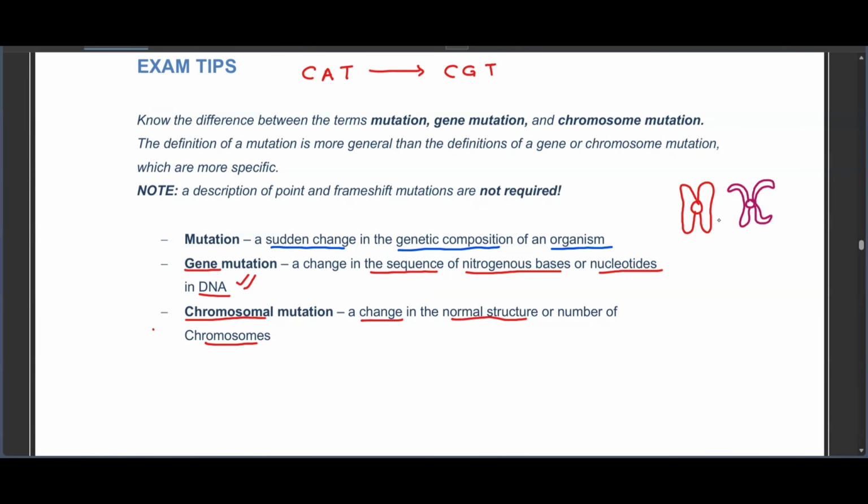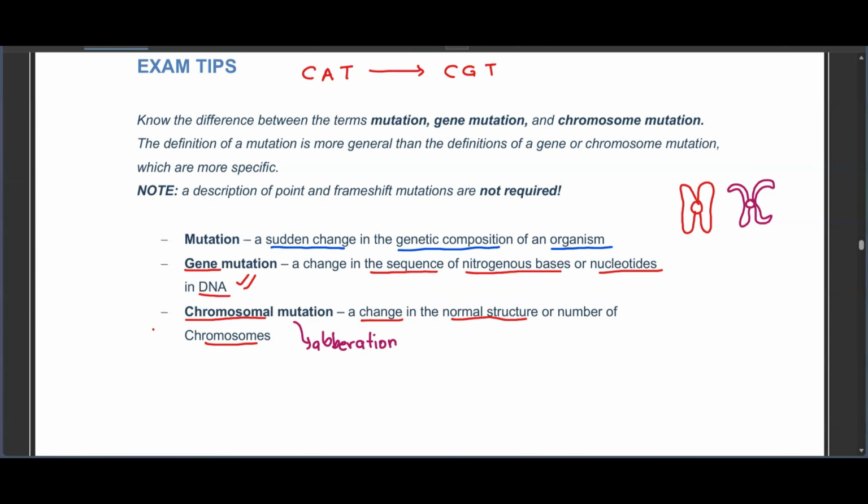Okay, it's not all about the structure alone. It can also happen that a chromosome can get deleted, or a chromosome can just stop working in a sense. So basically when there's a change in the normal structure of the chromosome, or when there's a change in the number of the chromosome, or a change that is not acceptable, then you have a chromosomal mutation. The other name for a chromosomal mutation, you can say it is a chromosomal aberration. So when you see chromosomal mutation or chromosomal aberration, they are still referring to one and the same thing.